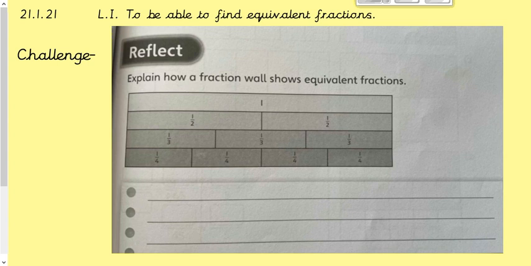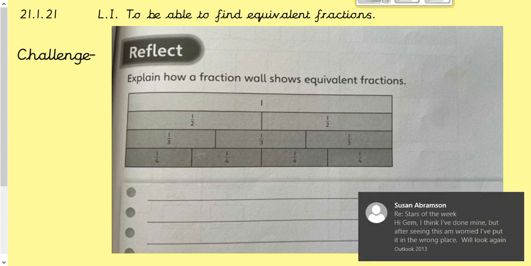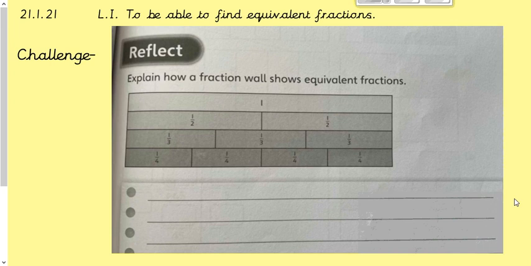Before we go into today's learning, I'm just going to go over the challenge question from yesterday's learning, because for those of you who did go onto the challenge, you will know that I waffled on a bit and I didn't really give a very good answer. So I'm going to go over it again and hopefully explain it a bit better today. All right. So if you didn't do the challenge, just stay on anyway because it will be useful for you